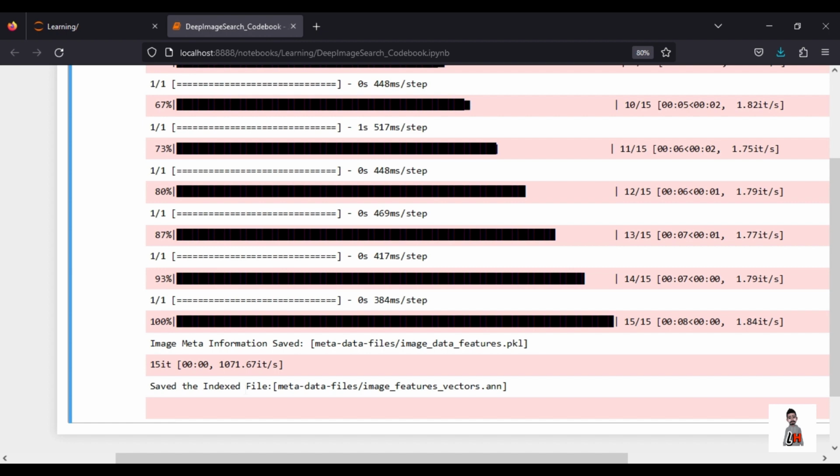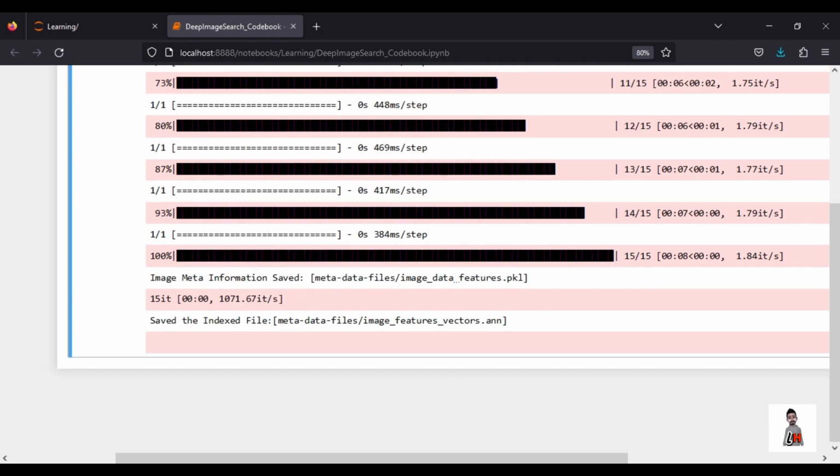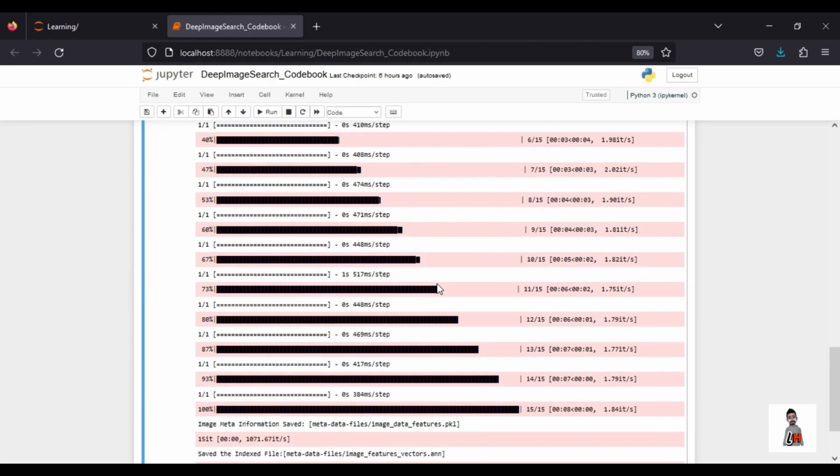So what happens is, if we give some new image, we will extract the features and compare the features with respect to this image data features, and it finds the fifth image feature is very close to the new incoming sample feature. Then we will pick up the fifth index file from this image features vector, and that will have a file path, and that will be showcased to the end user. So based on this comparison, we will retrieve the outcome which is almost similar to the input image. So that is the purpose of this specific